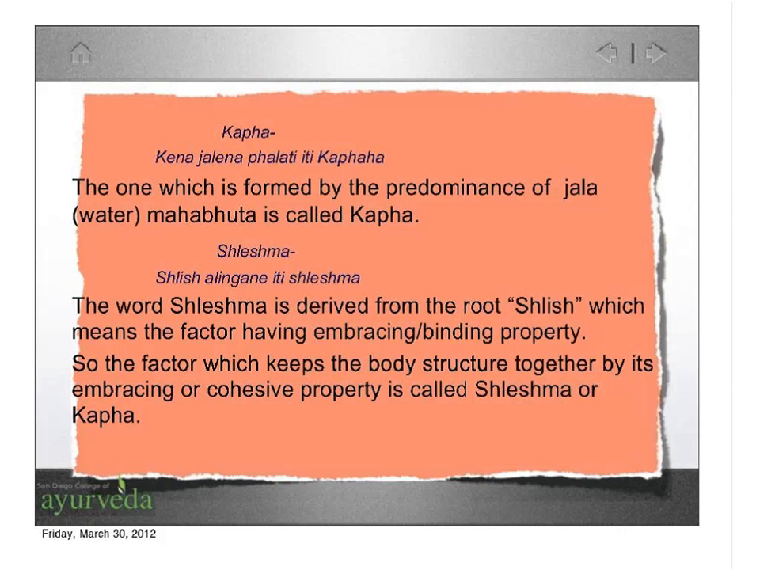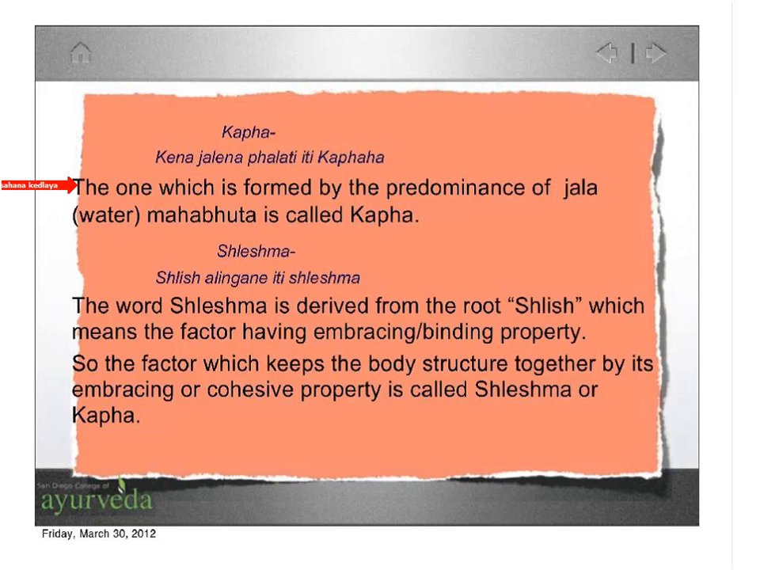So to start with the definition, the word Kapha is defined as Kena Jalena Phalati iti Kapha. Here the root words are Jala and Phalati. So Jala is the water element and Phalati is the fruit or the production or the ultimate result, called the phala. So the sutra can be literally translated as the one which is formed by the predominance of water element, Jala